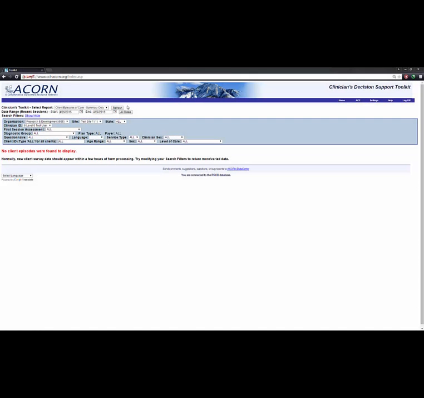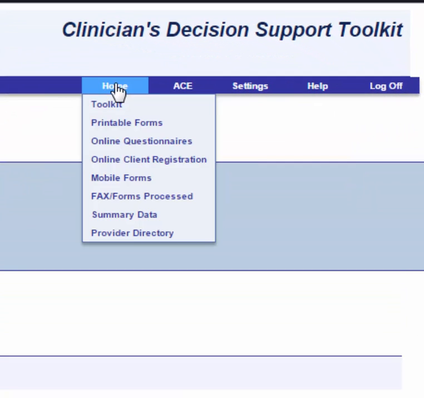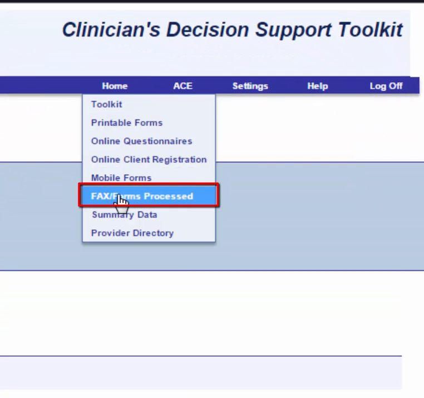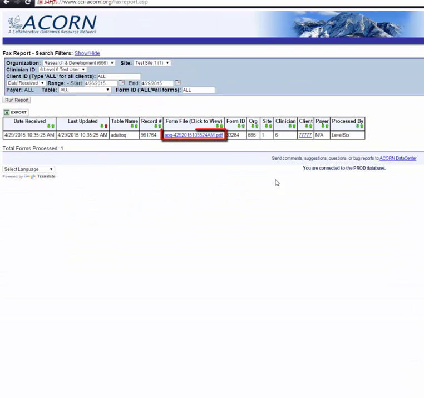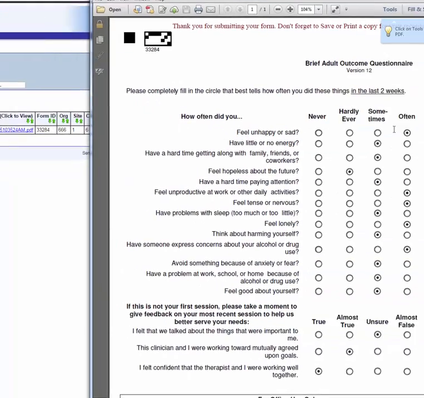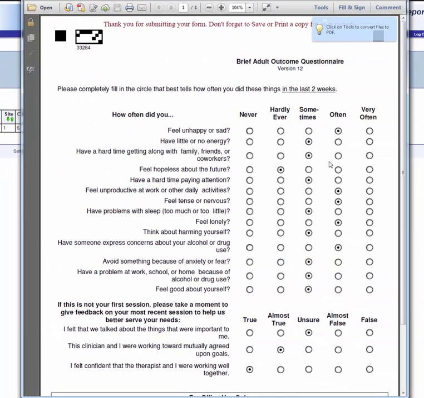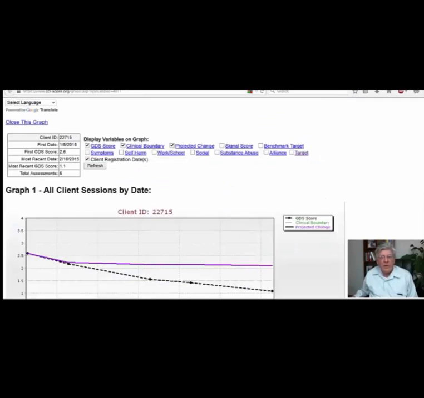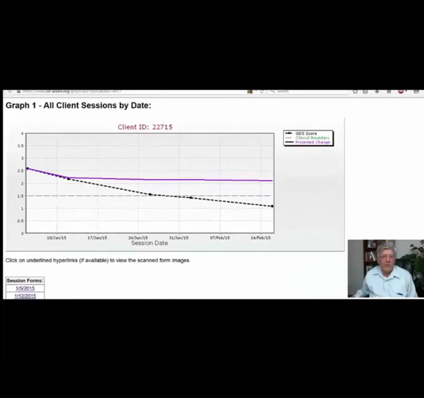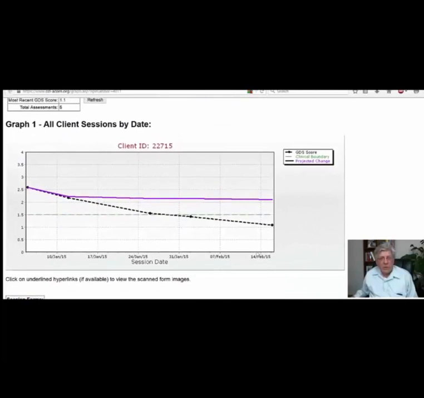in the session. You should know that if a form has been submitted electronically, the image of the form itself can immediately be found in the Fax/Forms Processed page. This way, you can pull up a copy of the form for review on your toolkit immediately after they submit it. The case that the toolkit will create, where the toolkit graphs and provides statistics on the client, may take up to 30 minutes before populating. If a form was faxed, on the other hand, it will probably take at least 24 hours to show up